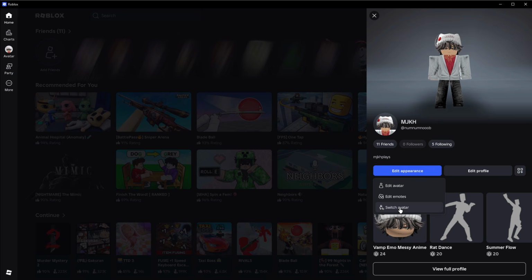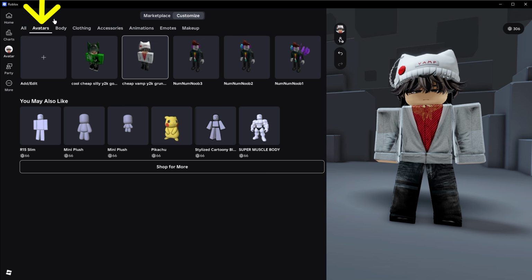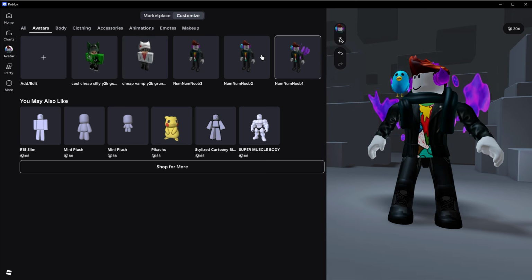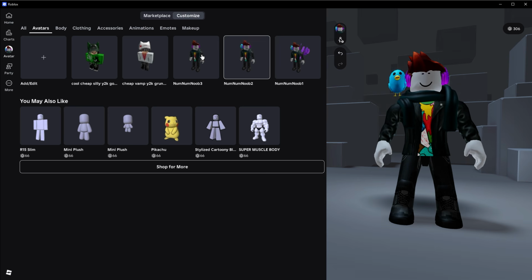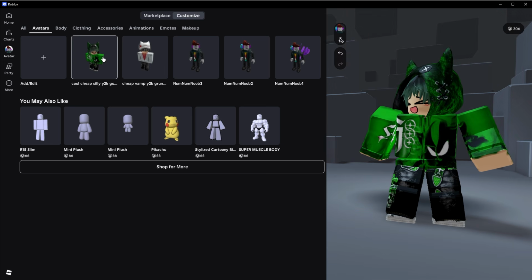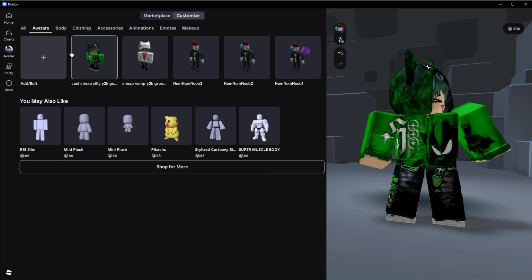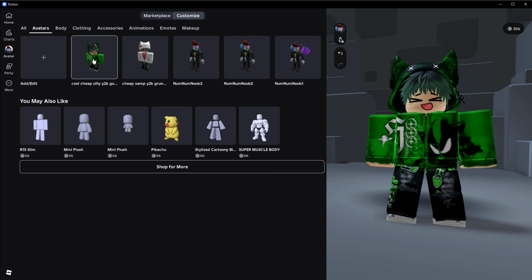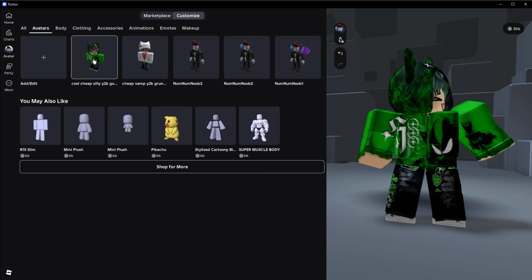So let's select switch avatar option, and from the top make sure avatars is selected. And these are the avatars that I have got. Simply select an avatar to switch your avatar. For example, if I want this avatar, I'll have to just click at this avatar and this avatar will be